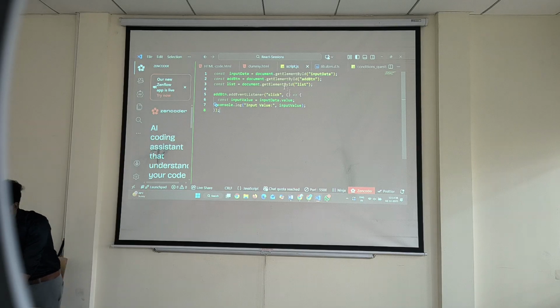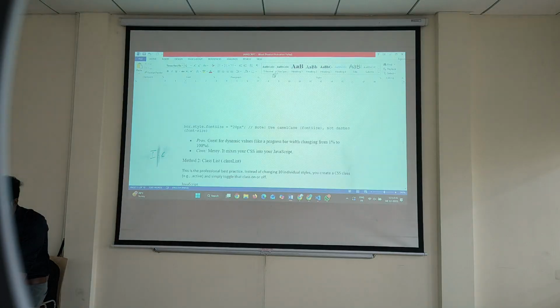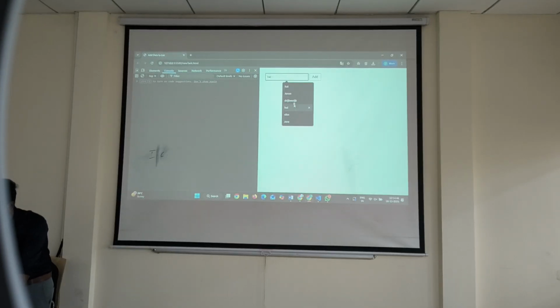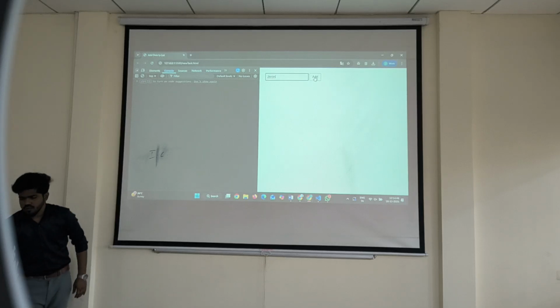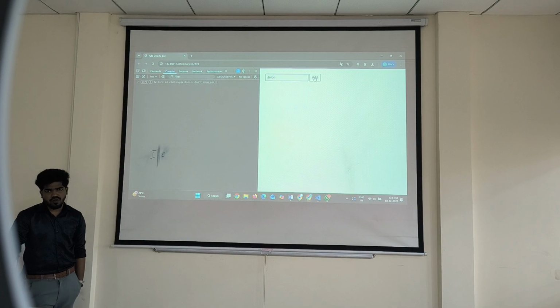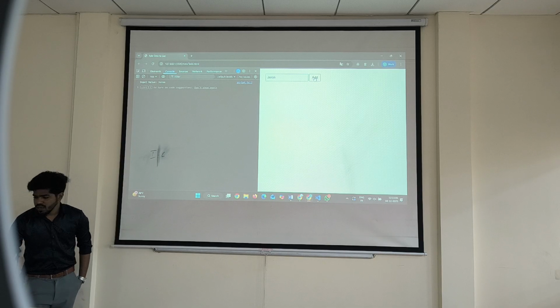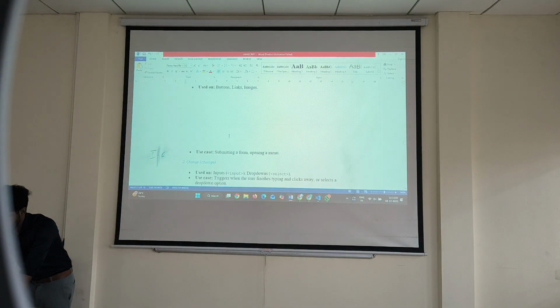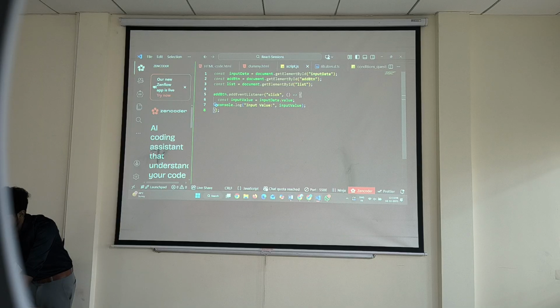Okay. Now what is the output here? What will be the output of the input value? Same, null. Now it grabs the value because I click the button, then it shows here. Okay. I change this to change, and change it to